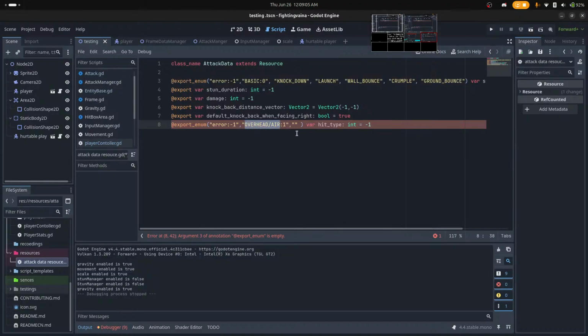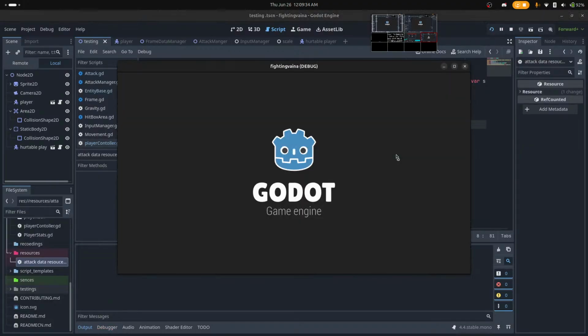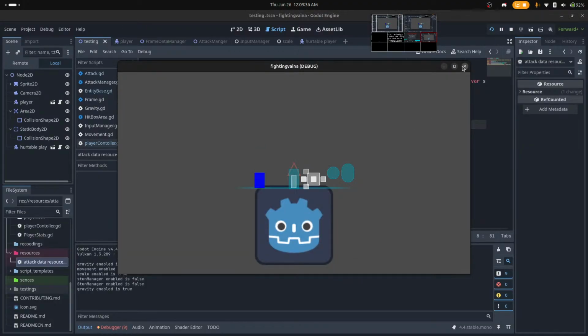We've got id. So we got low. Currently they're not doing anything, so I don't think it's going to be causing any errors.